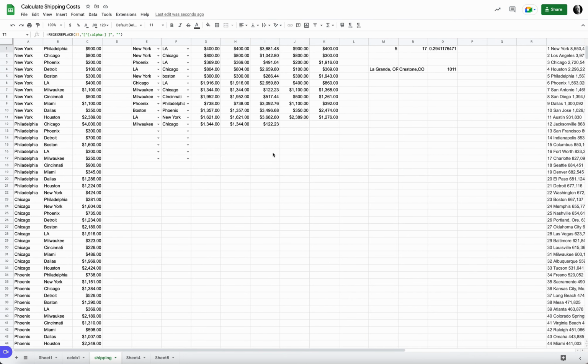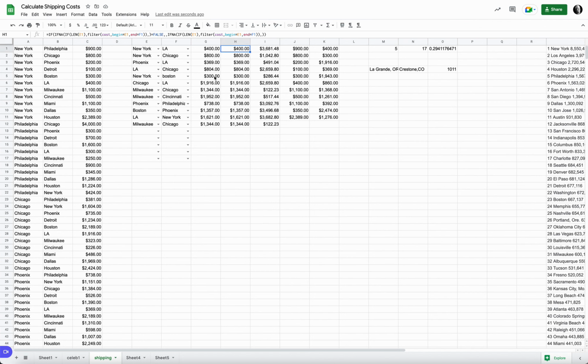Now, one way I had been doing this was to take all my cities and build a table, all of my locations from New York. So if I did that, I'd have to have 50 rows of New York, 49 rows in New York, and then I'd have to paste in all the cities that aren't New York, and then I'd have to build all the Philadelphias and everything that's not Philadelphia. I'd have to create this table A, B. I'd have to come up with a price for each one of those,